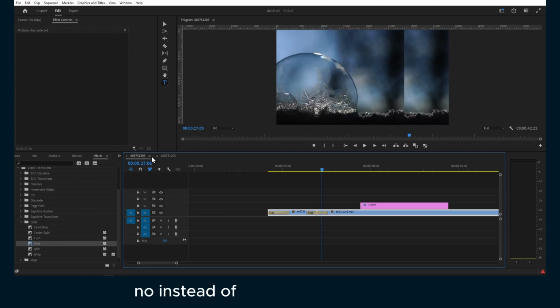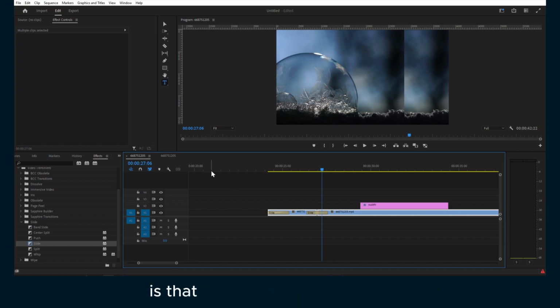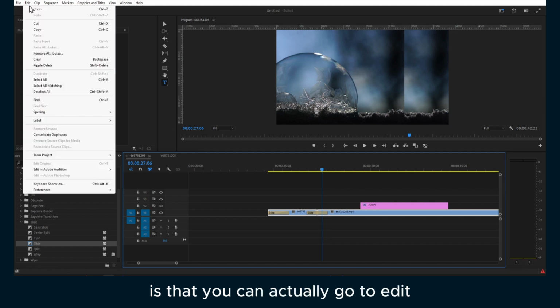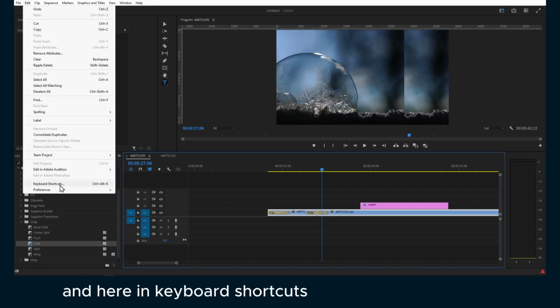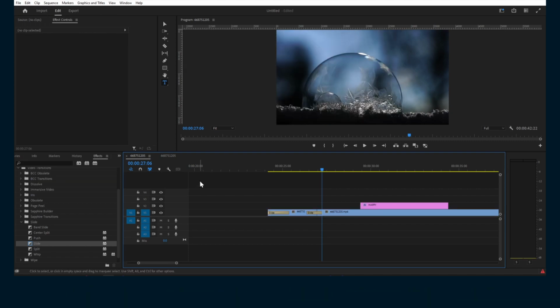Now, instead of going to the effects and looking for the effect that you use the most, you can select that effect as default and then just press Control plus D. And also a great trick, not trick, but something I found in Adobe Premiere is that you can actually go to Edit and here in keyboard shortcuts, or use Control Alt K,